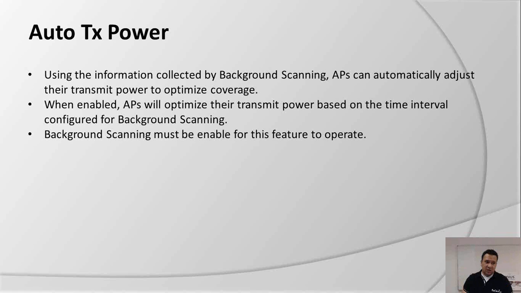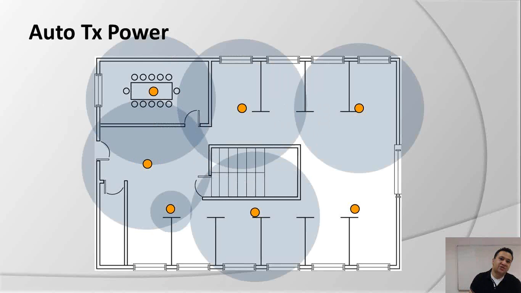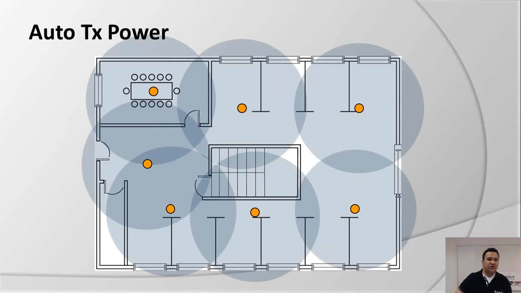So if you want to use the auto TX power in a proper way, in a very active way, you have to activate the background scanning to let this auto TX power work properly. And as well, later, as you see with the auto channel selection. So in this picture, you see that there is a lot of overlap, especially in the three most left access points. And with auto TX power adjustment, the system will find the most suitable transmission power to